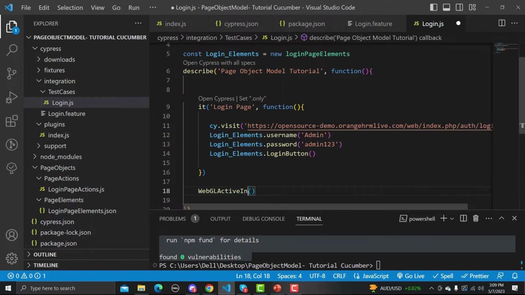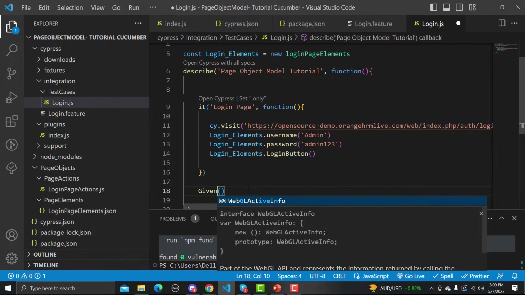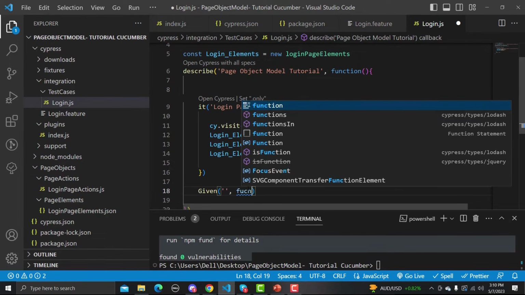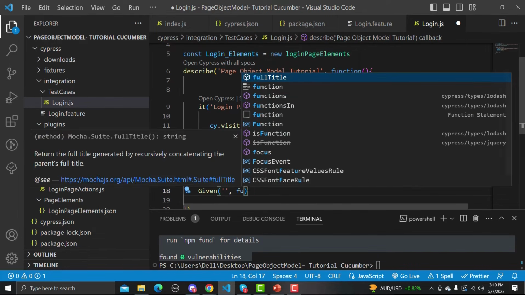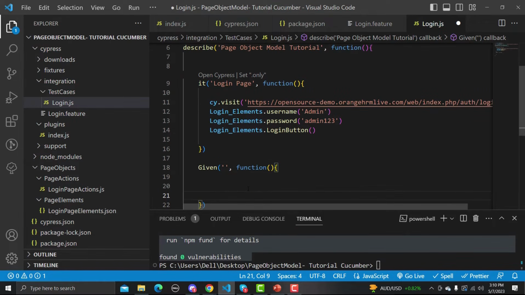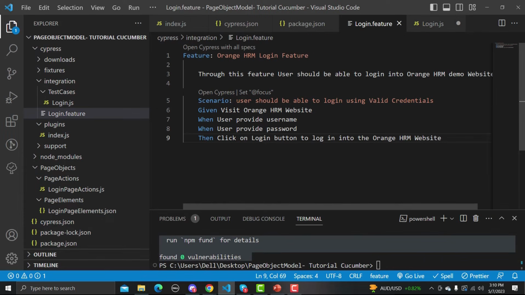It's changing here, so let me re-type here given. And first we need to implement the given, which we have written in our feature file, followed by a callback function and the body of the callback function here, right? And in the given we have visited the Orange HRM website.